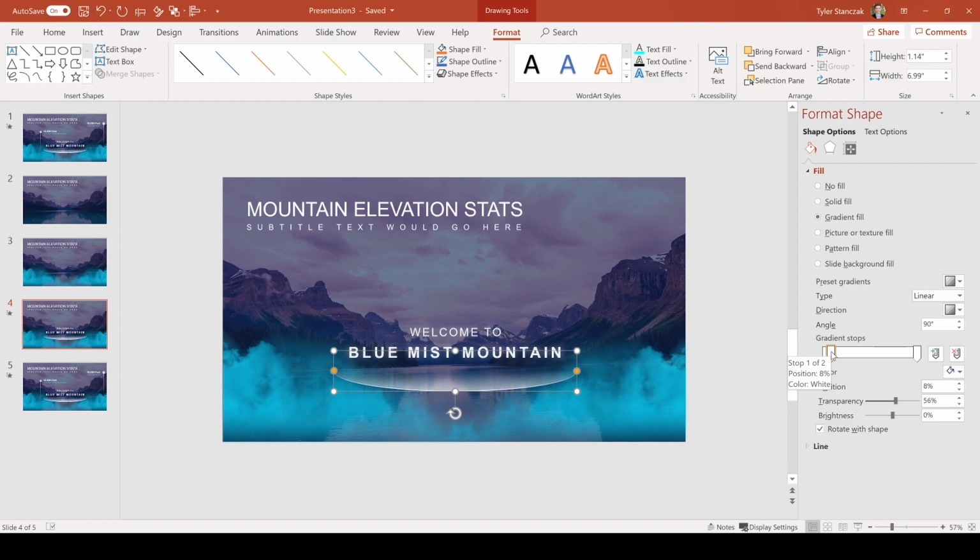So I had the position of a white color at 8%, and then transparency of 56%, and then 0% brightness, and then the angle is set to 90 degrees. For this other stop, I have a transparency of 100%, position 100%, and still the angle is 90 degrees for this entire shape. All right, so now that I have that shape, I want it to kind of expand out